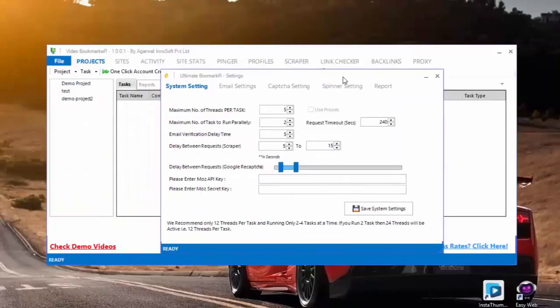And what I want to point out to you here is a few things. The first setting is where it says maximum number of threads per task. Now this basically means that Video Bookmarker is programmed in a way that it can run multiple tasks at once. It can do multiple different things at once. It can create accounts on 15 different sites at the same time. It can create accounts while also building links. It's powerful, okay? So max threads per task basically means that this is the number of parallel processes going on